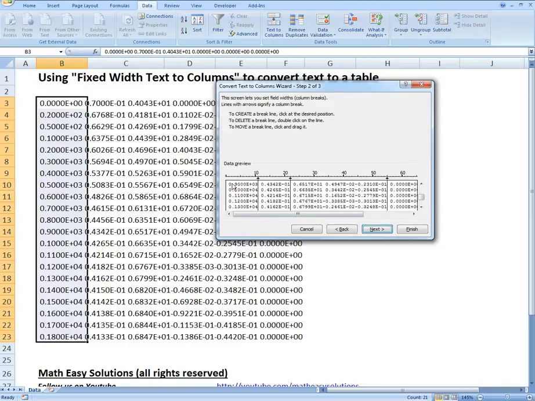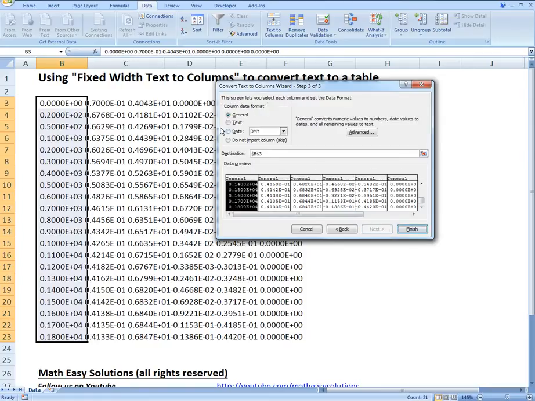Now at fixed width, you can go anywhere here and double click to add a break line. You could move it over here. Instead, I'll just move it in front of these negative lines and put another one here. These ones are already there. As you can see, everything is separated, and I've separated these ones to the left of the negative, which is what I want to do. When I go next, etc., or just click finish,